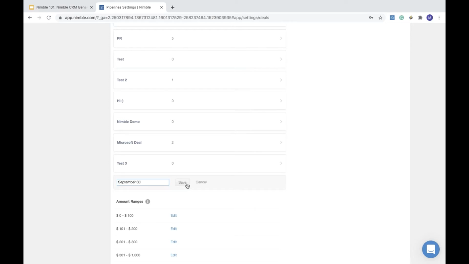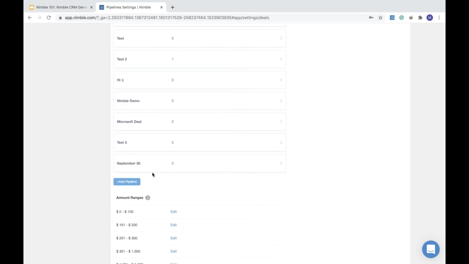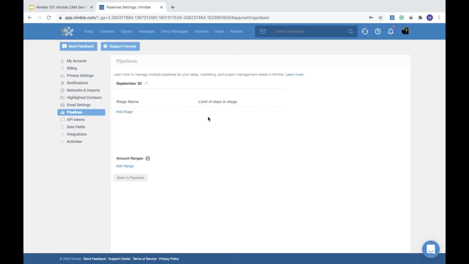And you would name it, and then you would click into it, and then you would be able to add the number of stages and name them. The number of stages completely depends on your sales process, and then once you have multiple stages set up, you can drag and drop them if you need to change the order of them, rename them, and more. You can also set the number of days you allow each deal to be in each stage,